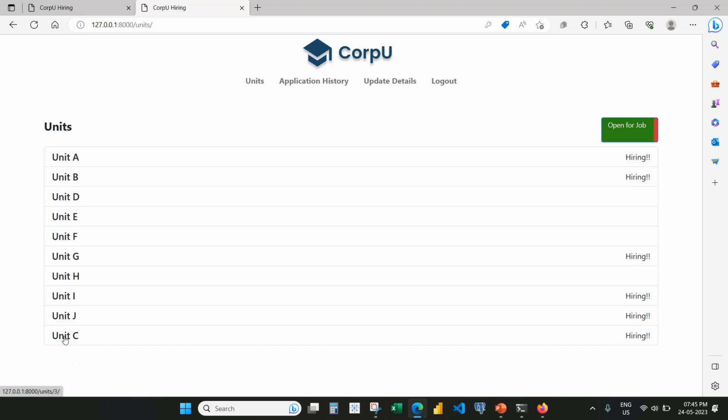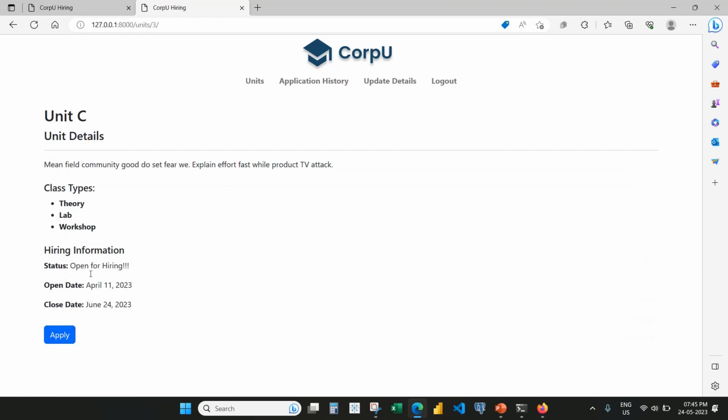Let's say applicant 1 is interested in unit C, which is currently hiring. Applicant 1 clicks on the name of the unit, which views the details. The unit detail page provides comprehensive information about unit C. Applicant 1 can see the name of the unit, a description, and the type of classes offered, for example, theory,